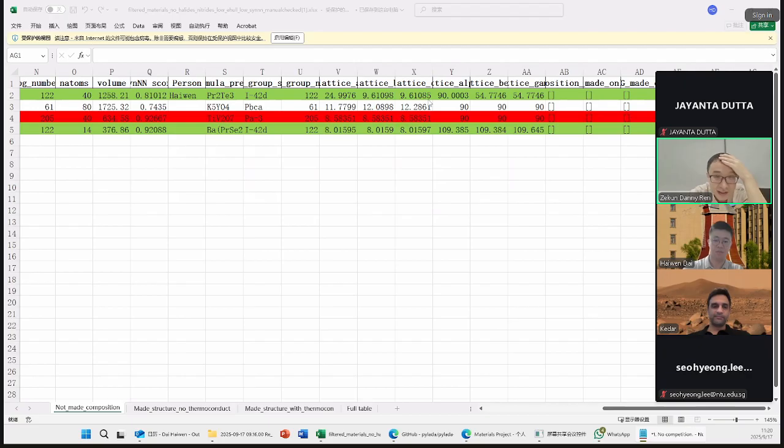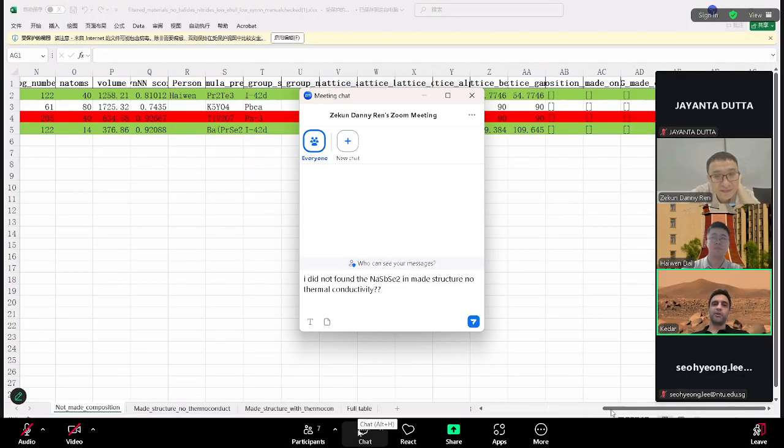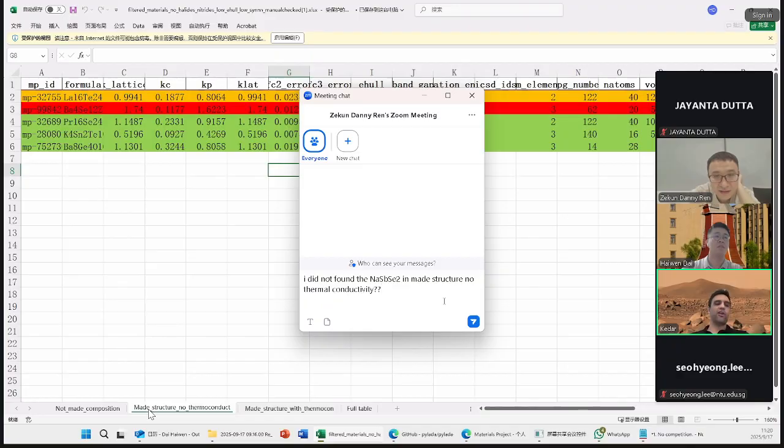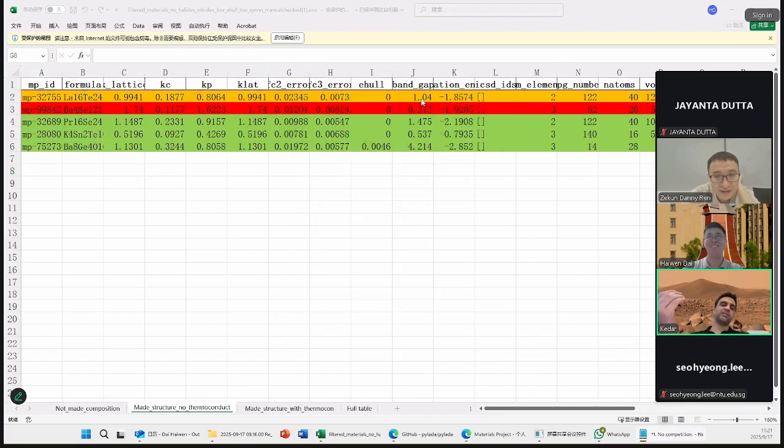I'm just asking Haiwen this question. Aside from just synthesizing the things that we never synthesized, we also could synthesize the things that have been synthesized before but never had the thermal conductivity measured, right? Which is the PR2TE3. Yeah, of course, I think it's possible. If you think about the priority, it would be what has not been made before, and then the low thermal conductivity, and then of course things that have been made before but with no measurement of thermal conductivity, we can do that. Anyway, choose one or two. It doesn't matter.